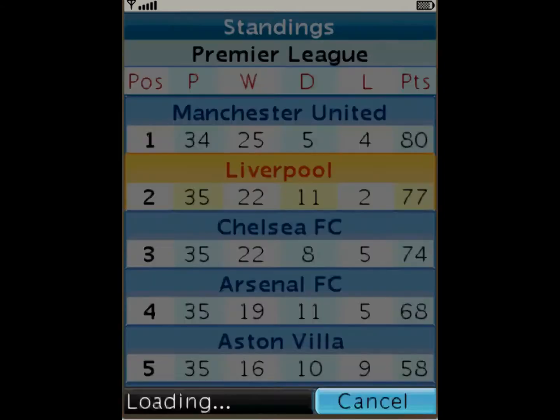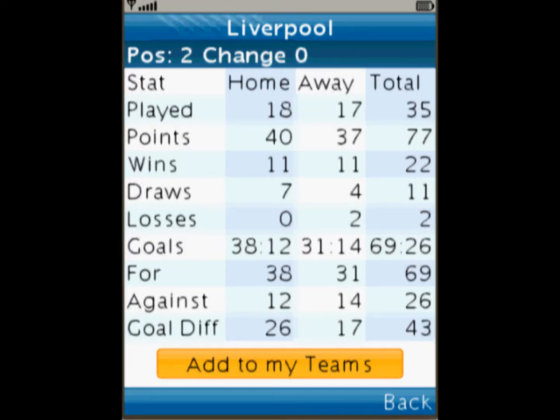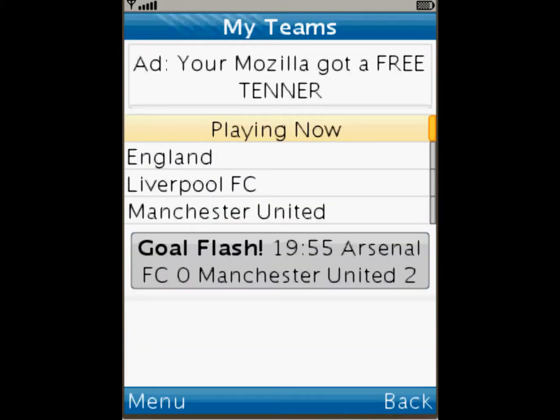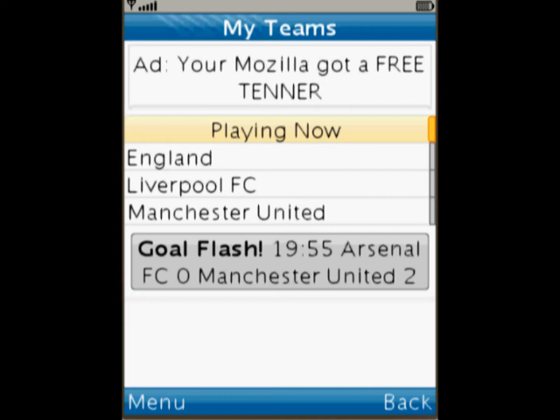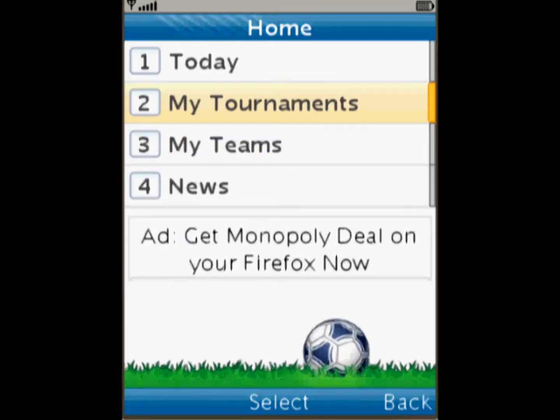And let's go and have a look in more detail at Liverpool. If I want to follow Liverpool more closely, I can add them to My Teams at the bottom. So I'll just click that. This has brought me into the My Teams screen where Liverpool has joined England and Manchester United, which I'd selected earlier. Navigating back from the My Team screen takes me to the main home screen again,